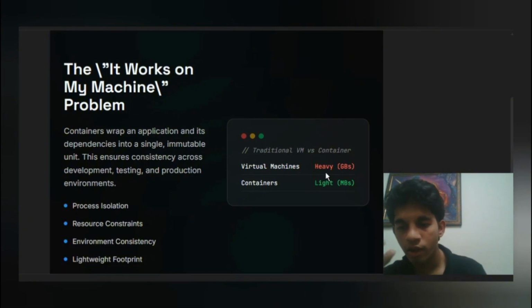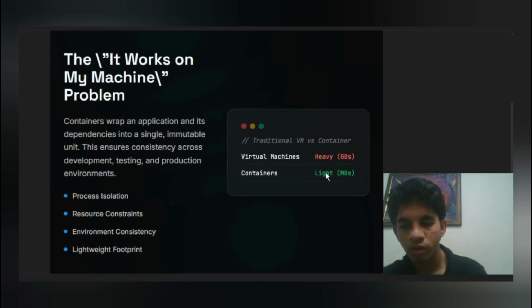But containers, on the other hand, share the host system's operating system. They are incredibly lightweight, usually just a few megabytes as compared to gigabytes in virtual machines, taking up much less RAM. So this gives us two huge benefits, consistency and isolation.